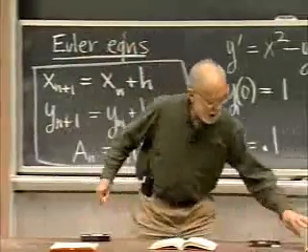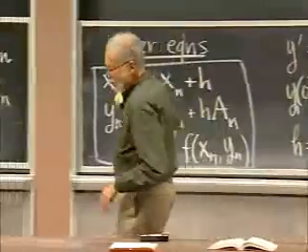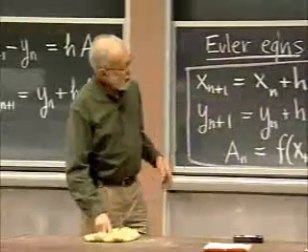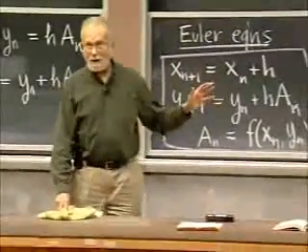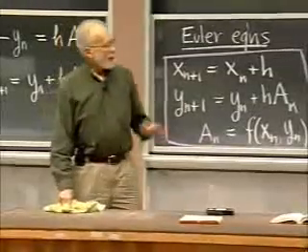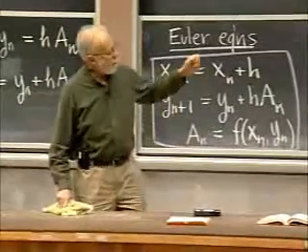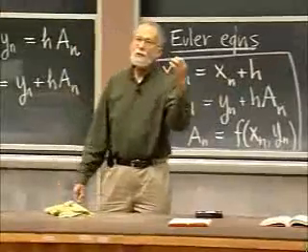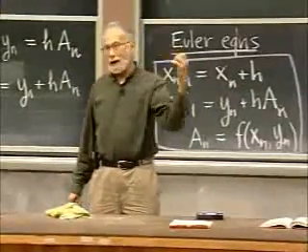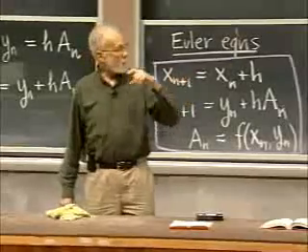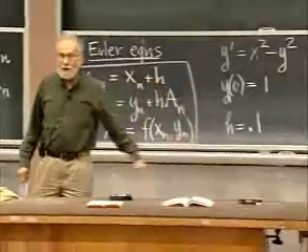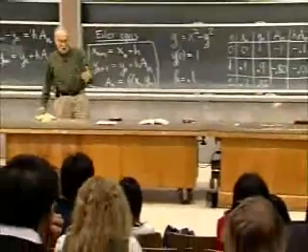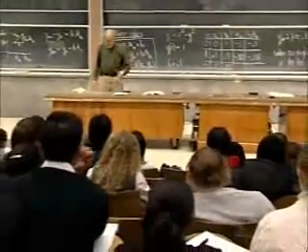The question then is, naturally, this is not the world's best method. It's not as bad as it seems. It's not the world's best method because that convexity and concavity means that you're automatically introducing a systematic error. If you can predict which way the error is going to be by just knowing whether the curve is convex or concave, then it's